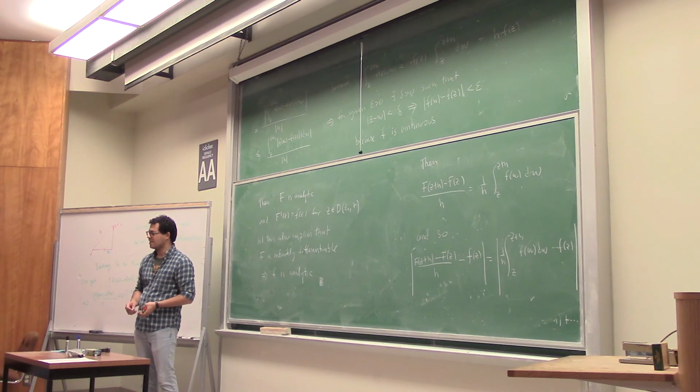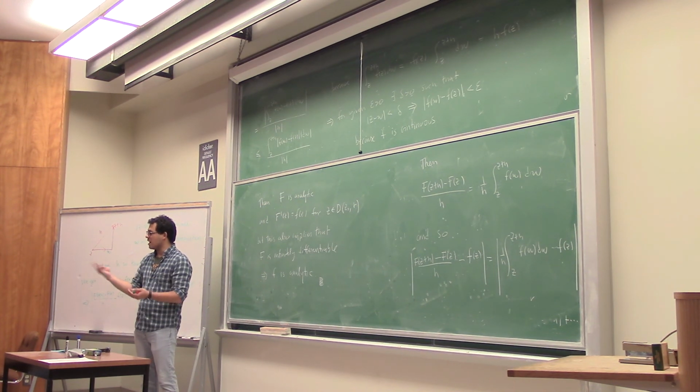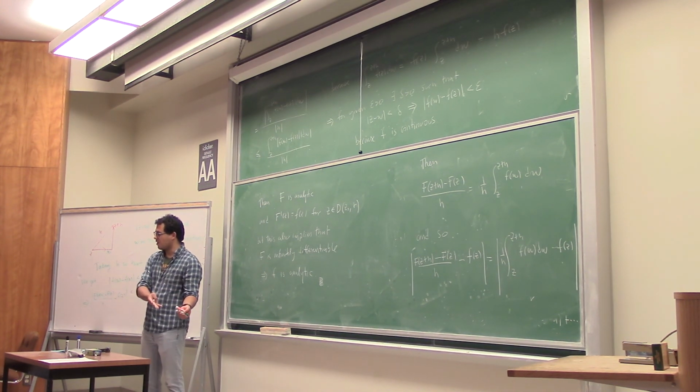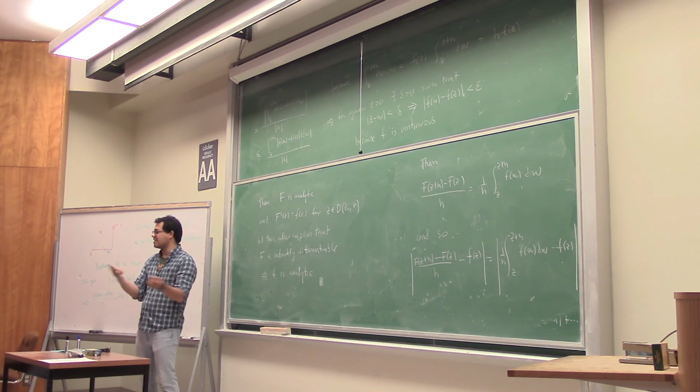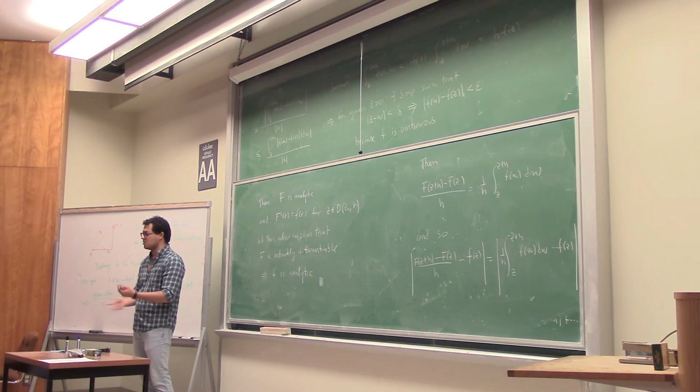I'll stop there. That's more or less there. So the rectangle theorem and analyticity are basically the same thing, and they are the same thing as having a power series expansion. Because if the function is analytic, it has a power series expansion, but if you have a power series that converges to a function, that power series has a derivative. So having a derivative and having a power series expansion, they're the same thing. But that is also the same as having the rectangle theorem. If the function is continuous and has the rectangle theorem, then it's analytic, so they're always